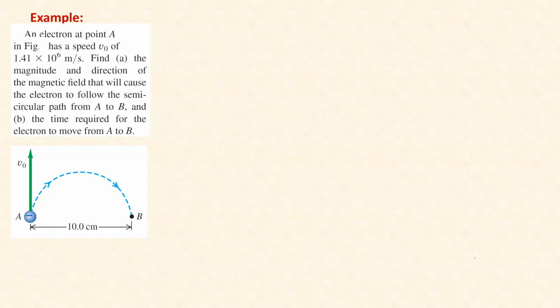First, which direction should the magnetic field be if it is to be going around this circle, or semicircular path? What do you think? Direction? Yeah, to the right. Like this? That's what I'd assume. All right, if the magnetic field is this way and the velocity is that way,